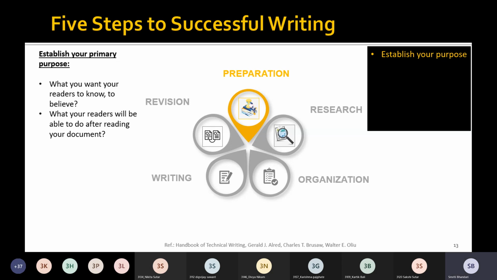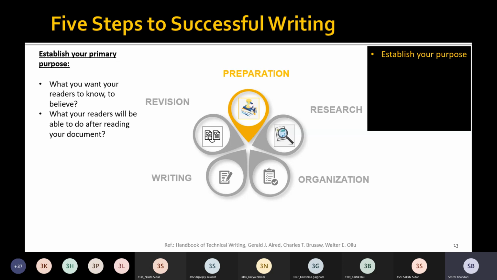To help you understand more how to write the primary purpose, let me give you one example. Let us assume that you are working in a company, and that company wants to establish a few research facilities at various locations around the globe.